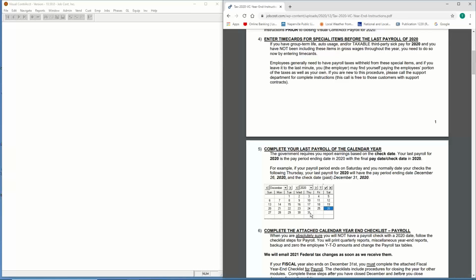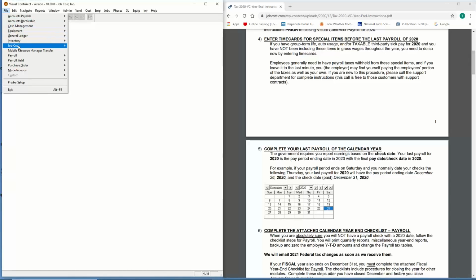Now, if you have a payroll that, say, ends on the 27th, and it normally wouldn't be paid till January 1st or 2nd, and you want to put it into 2020, you can date your checks on the 31st, as long as when you build your time card header, you put it in the correct check year and check quarter. So if I'm going to build a time card header,